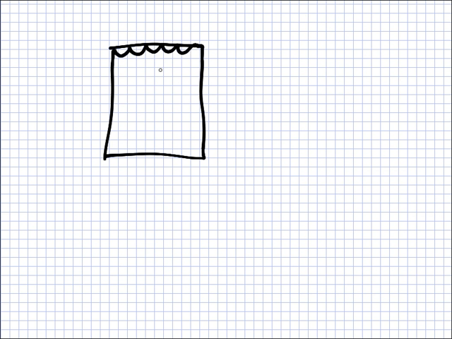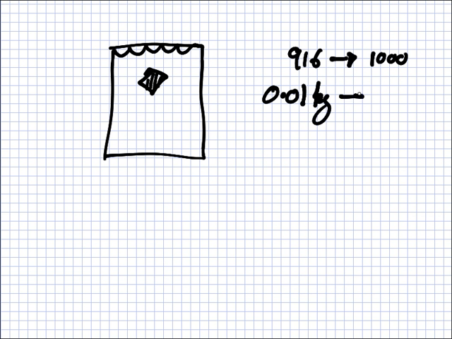Why? So, if your bottle is closed, so it's right up to the top, and the ice is in here. Okay, this ice melts, right? So the density goes from 916 to 1000. So this means it's more dense. But the mass doesn't change. So for example, if this is 0.01 kilograms, it's still 0.01 kilograms.